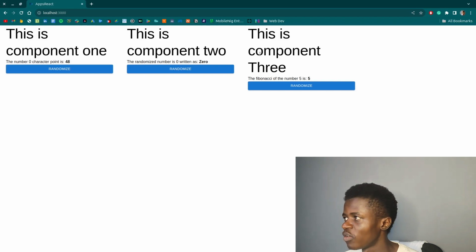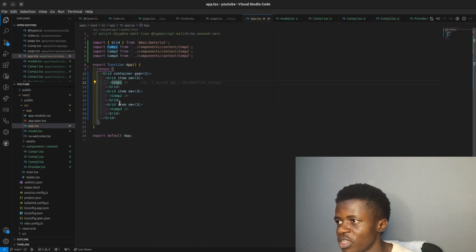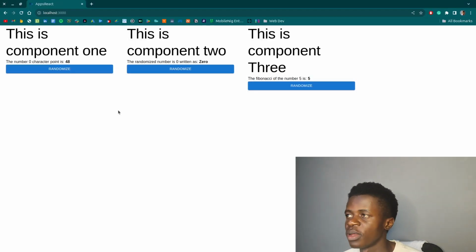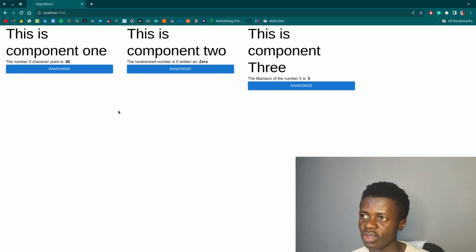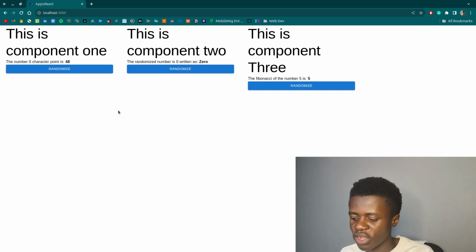But there's nothing that joins the three of them apart from the fact that they're displayed from one component, which is this component. Apart from the fact that they're generated on these components and shown here, there's nothing joining them. Now there are two ways of doing this and it will work. The first way is something called lifting up the state. Basically, you find a common component that all the components share, and that component manages the state. That works in a very simple application like this one,